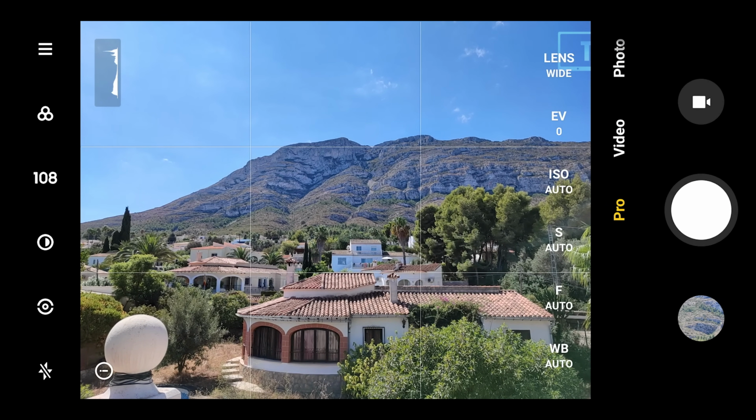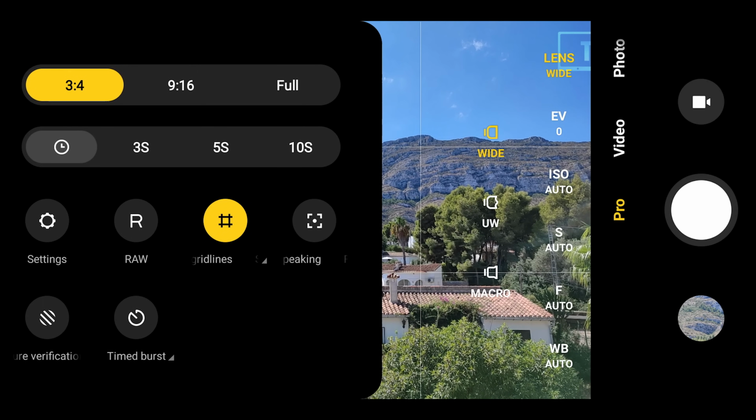And then moving into the pro mode here, this works for both the video and the camera. We've got our white balance, focus, shutter rate goes up to 30 seconds, ISO up to 6400. You can select which lens you want, so the wide, ultra wide, or our macro. 108 megapixel mode, of course, only works on the main sensor. And if you tap on the upper left here, we do have a few other settings, but most importantly, RAW mode is there.